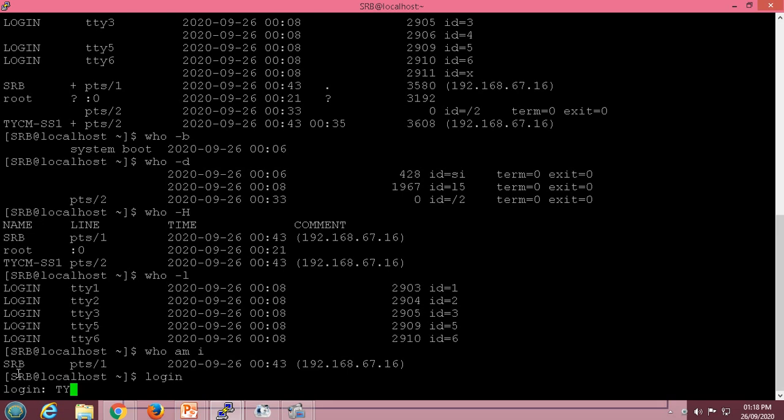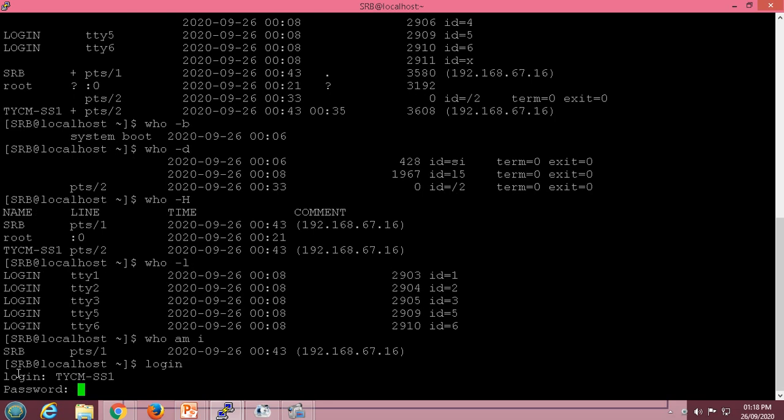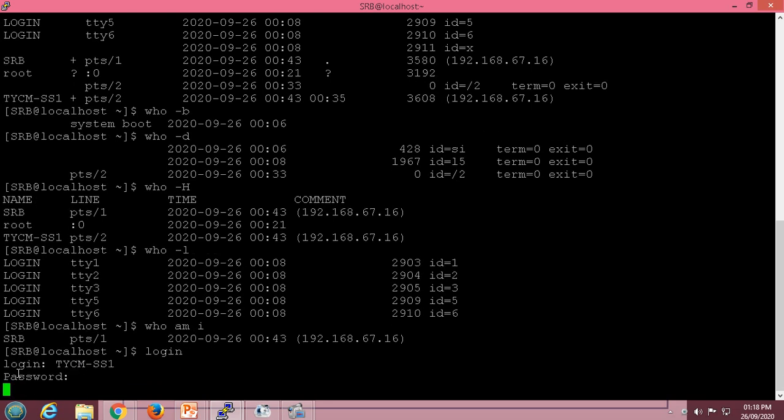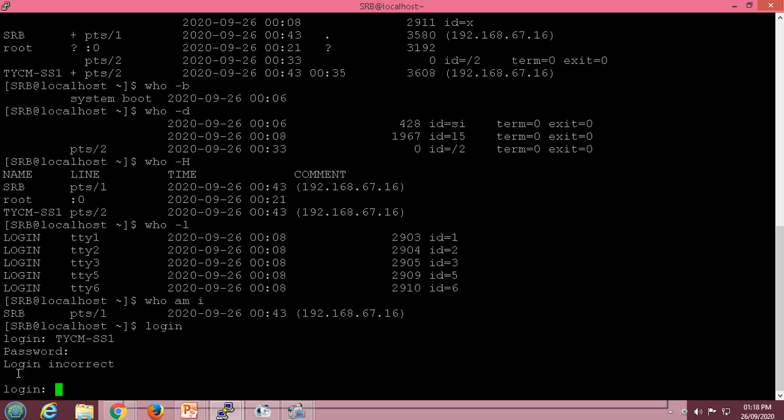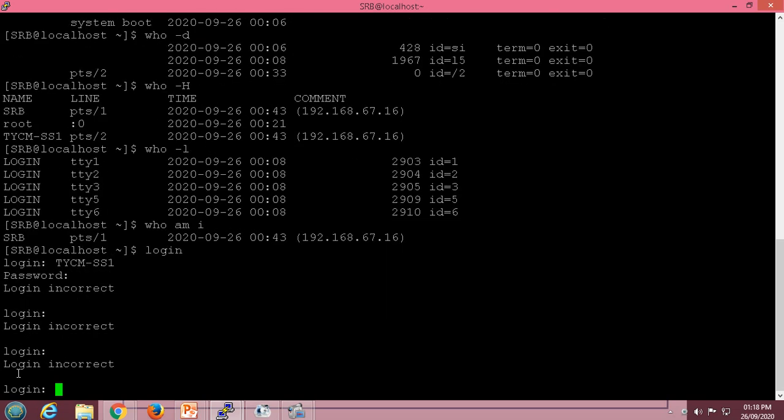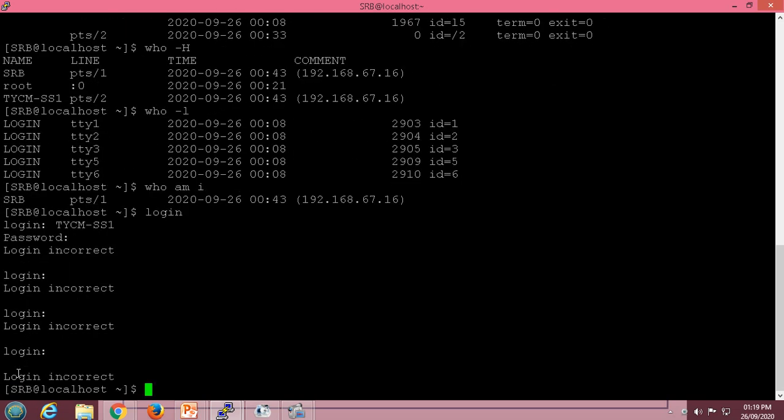So this is my one user, and its password I will enter here. So it will give us login incorrect. If I again enter, actually I am entering the correct password, but it is showing that login is incorrect. So this version of Linux is not supporting this particular command.